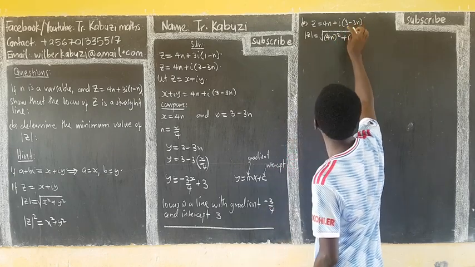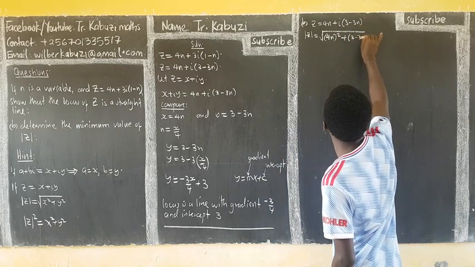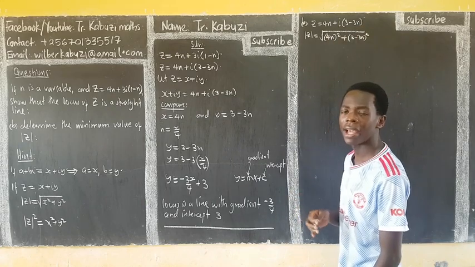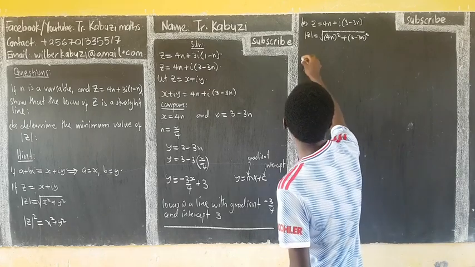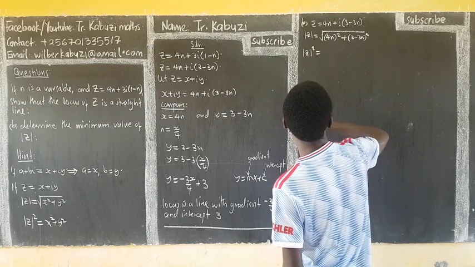This is my imaginary part, the whole of this, which is 3 minus 3n. Never put in i here; i is just to show you the imaginary part. So if I square both sides, my modulus of z squared is going to be equal to